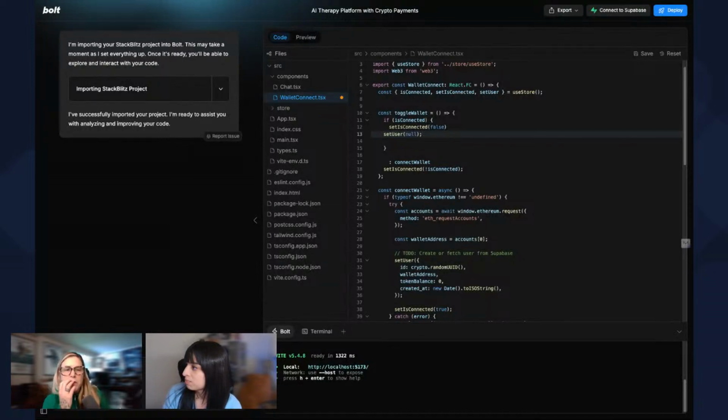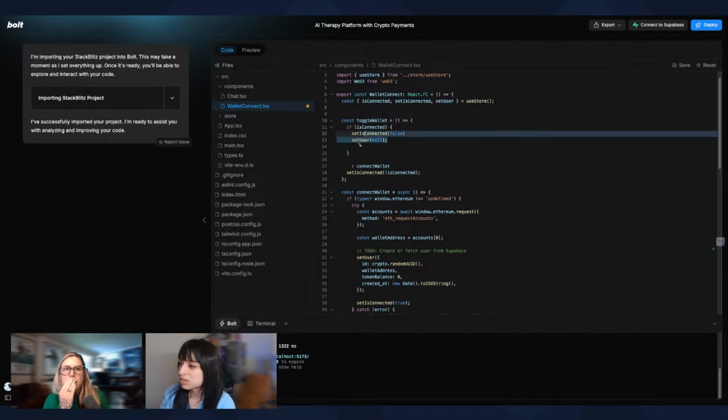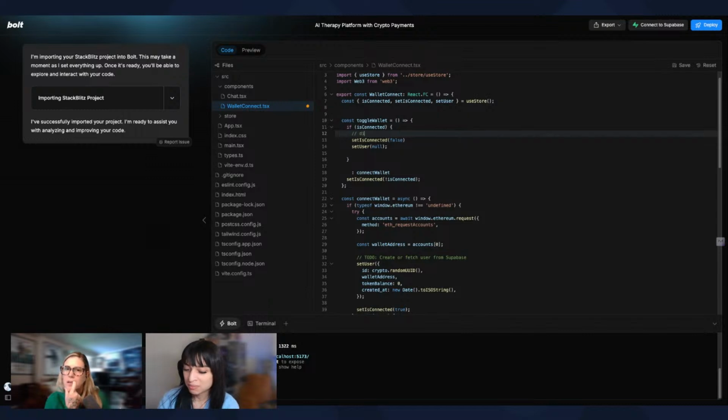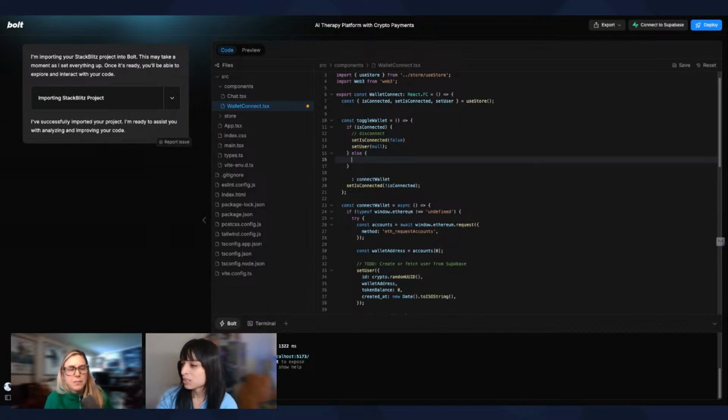And you do the set user as null because all I did right here is just migrate over. Remember, this used to be called disconnect wallet, and it had these two functionalities here. So this is just replicating the disconnect. I'm writing this verbosely intentionally, to then hammer out the better way to refactor it.